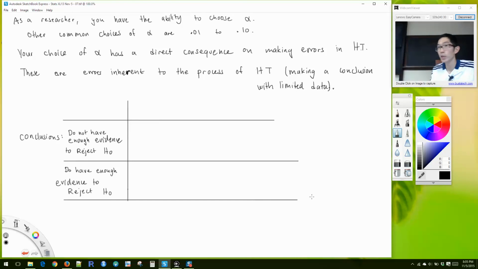Okay, so these are our two possible conclusions, and